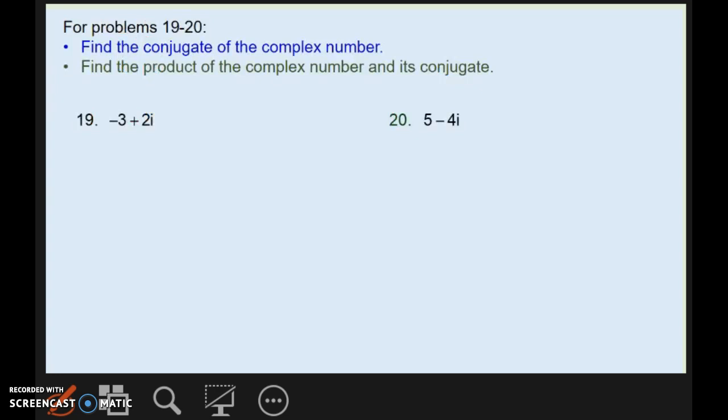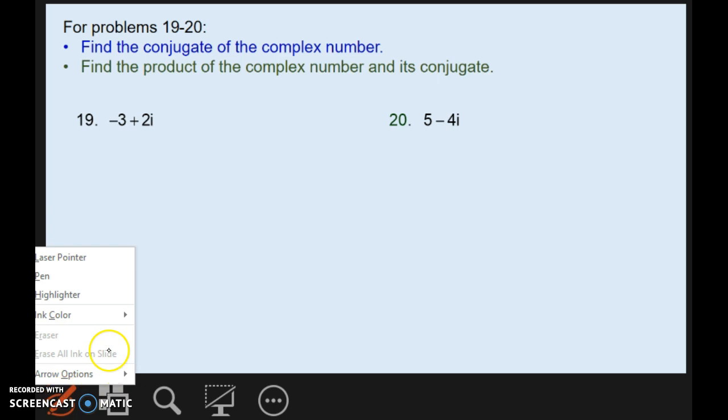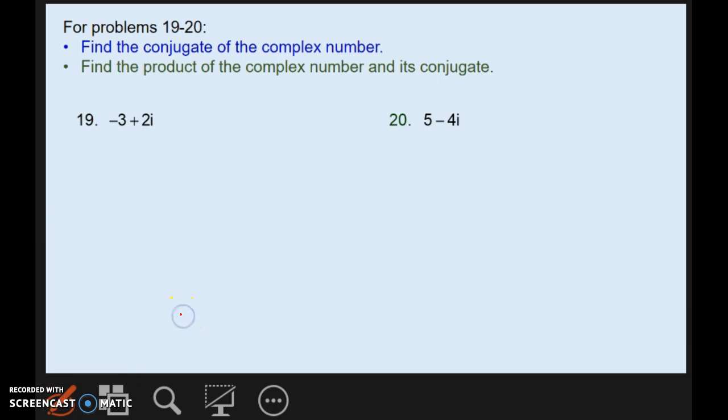So our last thing we're going to do here is we're going to find the conjugate of this complex number and then find the product of the complex number and its conjugate. So on 19, when I've got a complex number of negative 3 plus 2i, my conjugate of that is the same real number component, but the opposite imaginary number component, so negative 2i. So multiplying those, negative 3 plus 2i, negative 3 minus 2i,